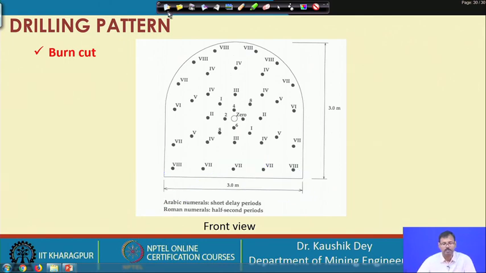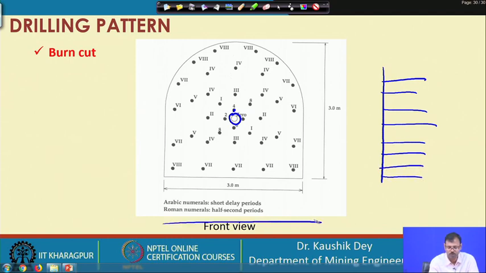However, in burn cut this problem can be overcome. What is carried out in the burn cut? A centrally large dia hole is created, which acts as a free face for the adjacent holes. So, the basics of burn cut is that all the holes, if you look into the side view, all the holes are horizontal.